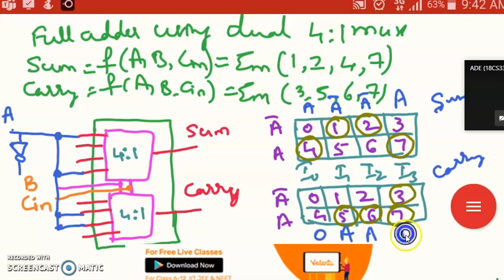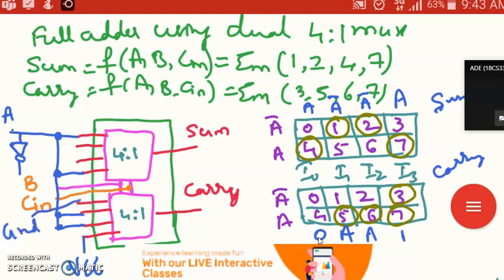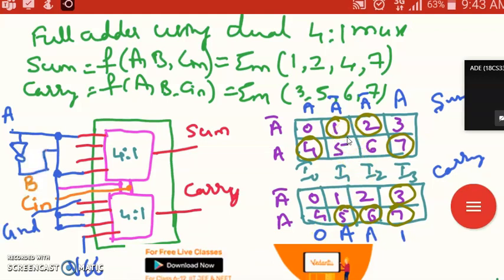Here the 1 should go to VCC. Here the 0 should go to ground. Here it is A bar, extracted from this and given to these two. This is how you can make the circuit connections.